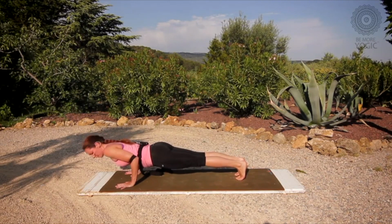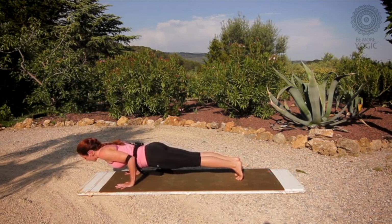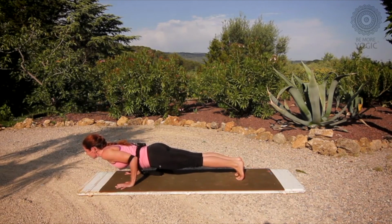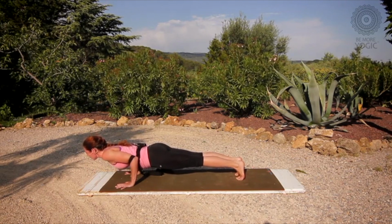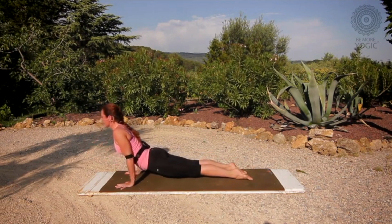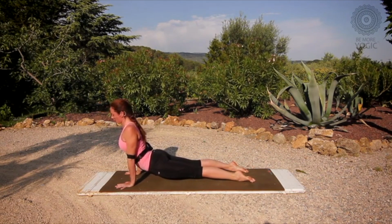So lengthening your tail, shoulders no lower than your elbows, elbows right over your wrists, so the weight's more in the front of the hands, press into the fingertips, lift the sides of the neck, that will lighten the load of the head, look forward, and then from here, push your toes back. You can come up to upward dog, pull the heart through,